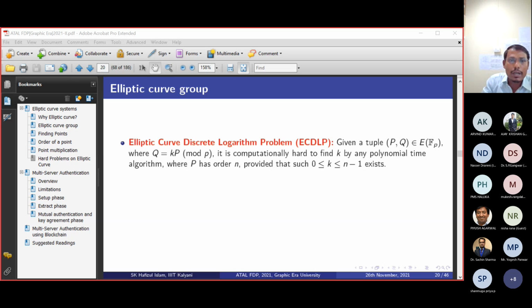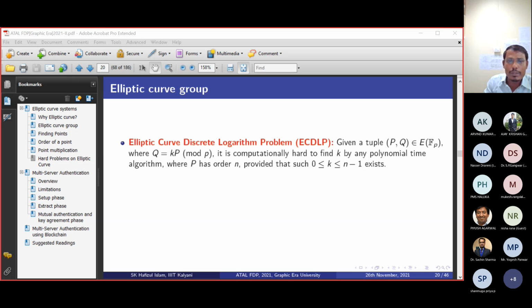Now with respect to elliptic curves, the generator G in this case is the elliptic curve point P. Suppose we have P and A times P. This is your Q, right? From Q, I want to extract A. That is also called the discrete logarithm problem in elliptic curves. That is also hard. We do not have any deterministic polynomial time algorithm.